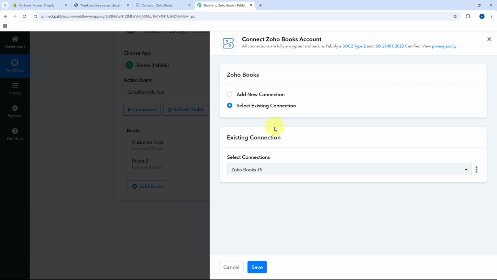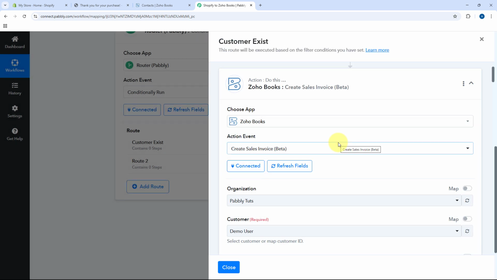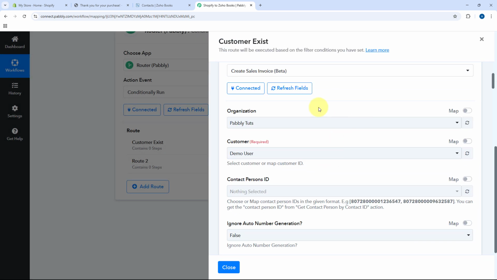And because we have connected our Zoho Books account with Pabbly Connect in the previous step, we don't have to make a new connection. You can select the existing connection and click on save. And as we click on save, we will see our Zoho Books account will once again get connected with Pabbly Connect over here. After making the connection, here in the field of organization from this drop-down, select the same organization,